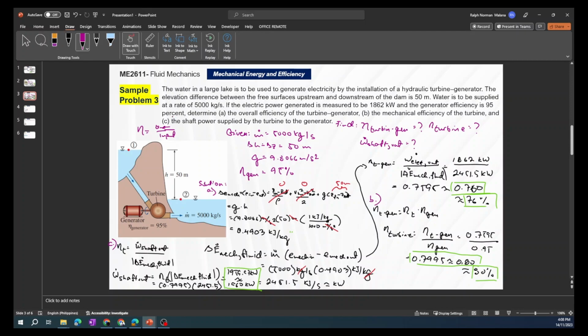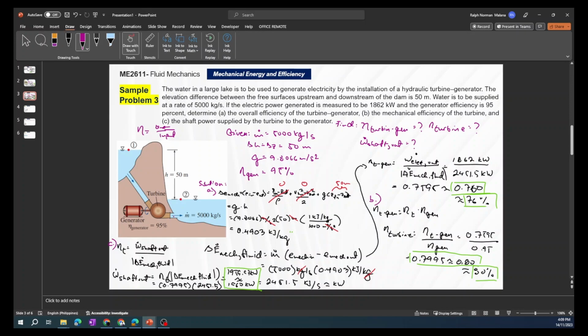Just remember that for a pump, it's usually the mechanical power increase of the fluid divided by the mechanical power input. And then for a turbine, it's going to be mechanical power output divided by the mechanical power decrease of the fluid. All right. Essentially, it's electrical power in and mechanical power out. For a turbine, it's more of mechanical power in and then electrical power out, as observed here in the